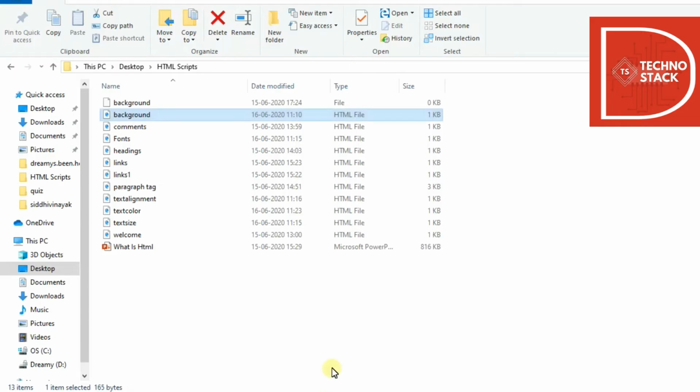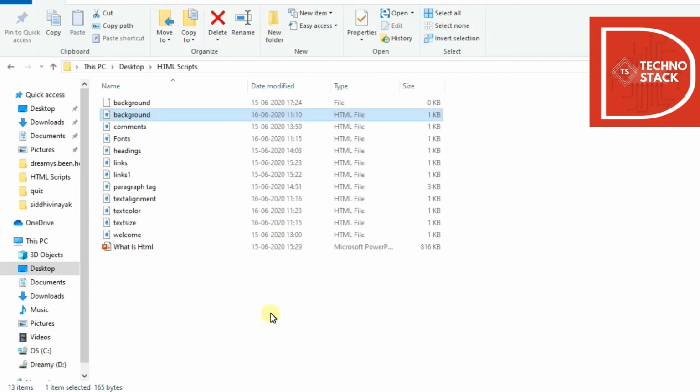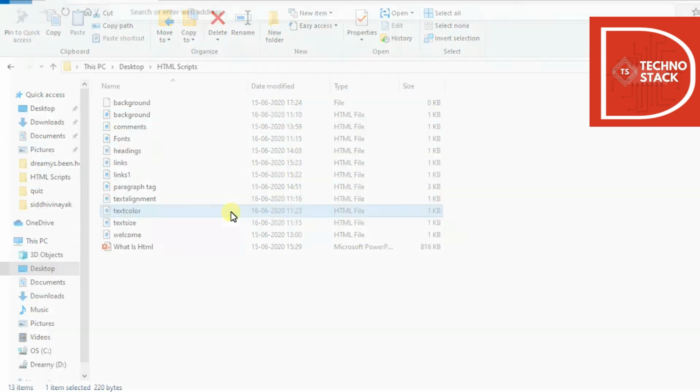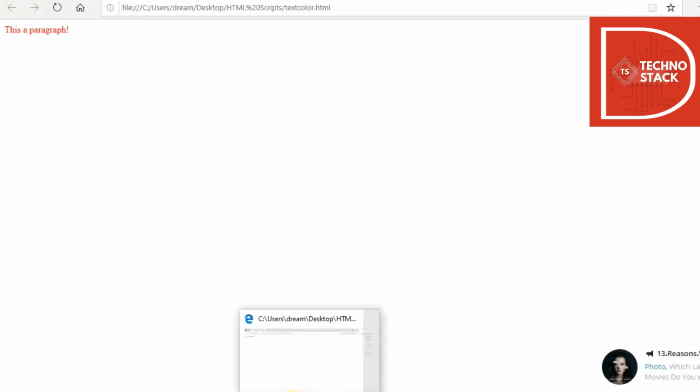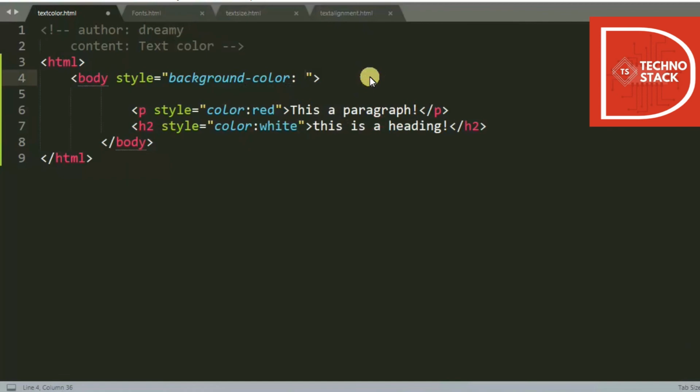Now we go over here, and we know that it's text color.html, so we'll look into text color.html and double click to see it. We are not getting the background color, so let's check what the problem is. Maybe we won't have the color powder blue, so let's just take blue, and that might work.